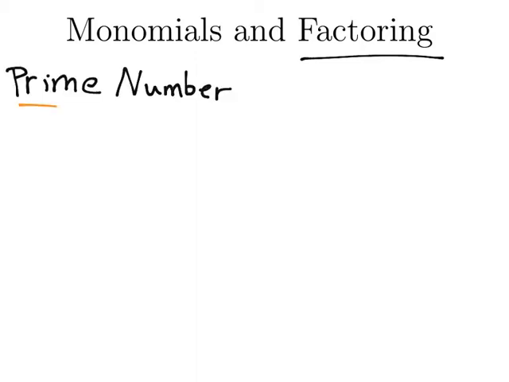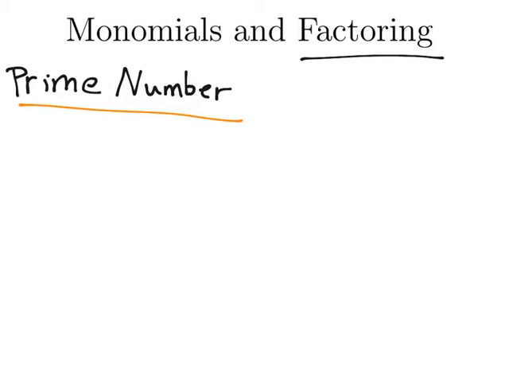This is the lesson on monomials and factoring. We'll start off by talking about factoring. In order to talk about factoring, though, we have to learn what a prime number is. A prime number is a positive integer, like 1, 2, 3, 4, 5, 6, 7, 8, and so on, but